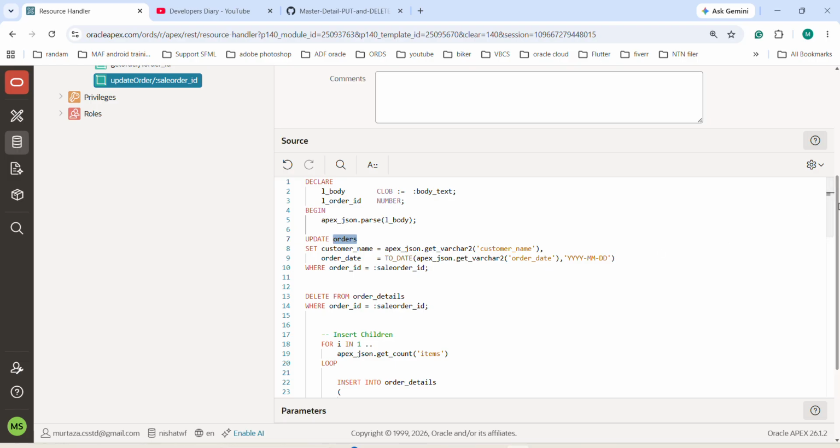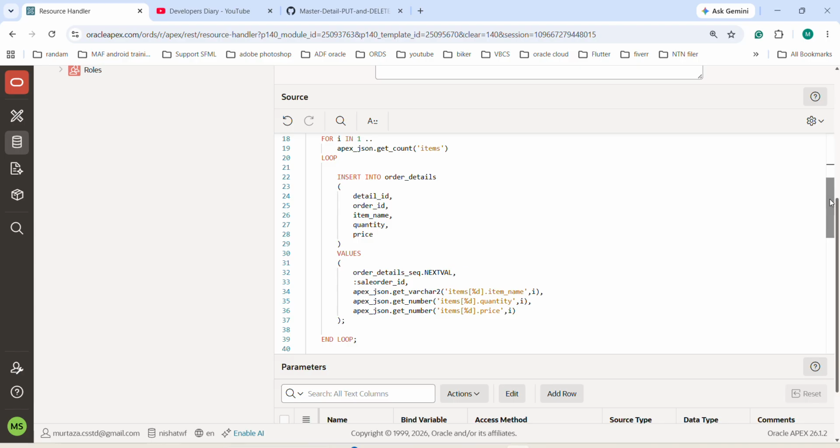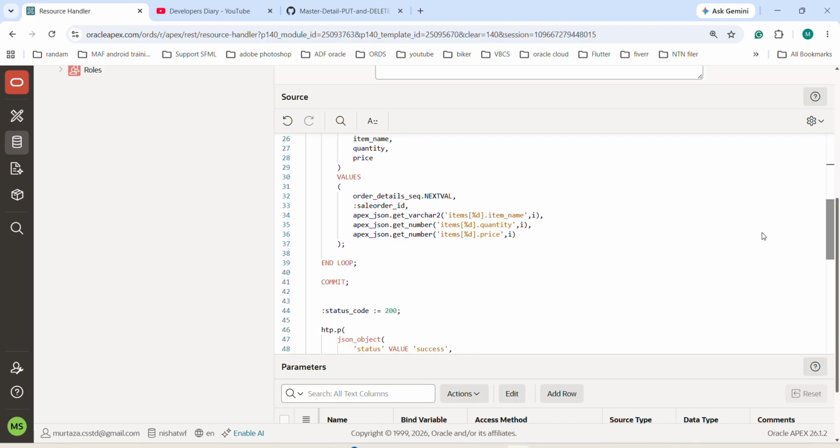And after that, we shall delete all the records of detail against this order ID and then enter new information into the detail table. So here we are going to use a loop for items and then add the values into the detail table